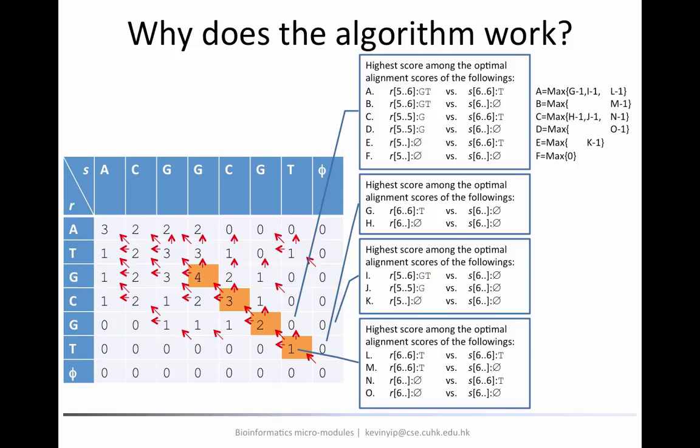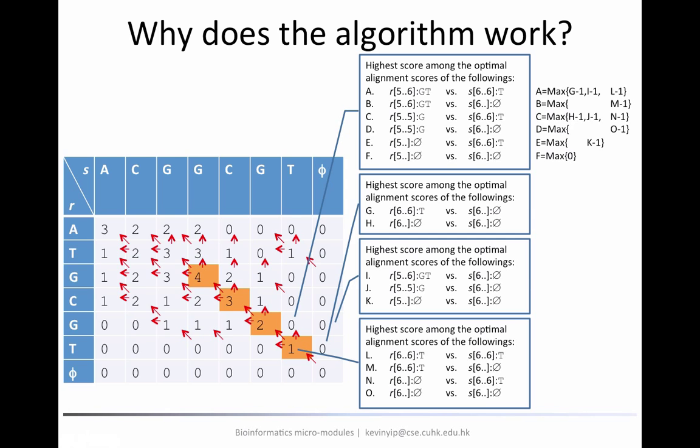The way to do that is, for example, for A, actually it is the maximum of the three possibilities, namely the diagonal path together with a mismatch because we want to put the G and T in the same column, or the horizontal path introducing an indel, or the vertical path introducing an indel. So if we look at the numbers, it is exactly the maximum of G together with the mismatch penalty, I together with the indel penalty, and L together with the indel penalty. Similarly, we can rewrite the other terms using the numbers defined in the other tables.